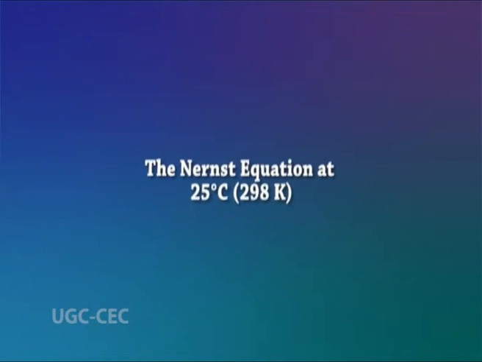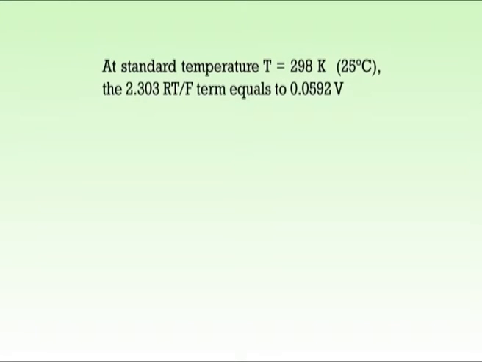Now let's look at the Nernst equation at 25 degrees Celsius, which is 298 kelvins. At any specific temperature, the Nernst equation, which is derived at equation 4, can be reduced into a simple form. So at standard temperature, which is T equals 298 Kelvin, which is 25 degrees Celsius, the 2.303 RT by F term equals